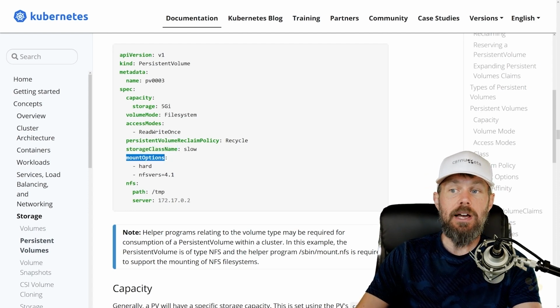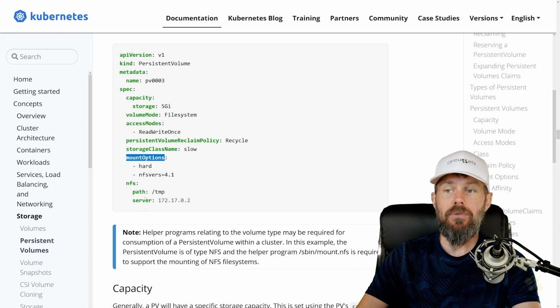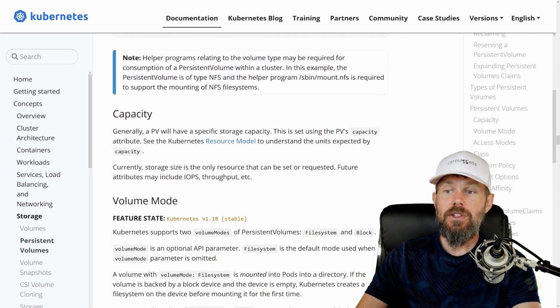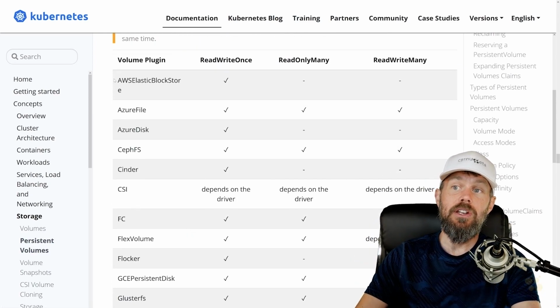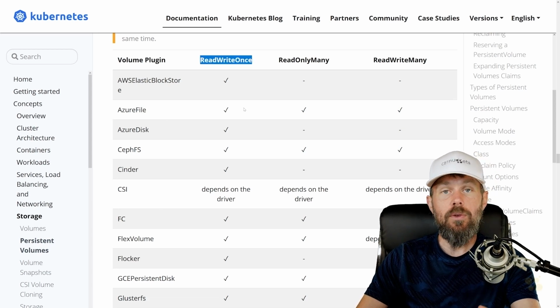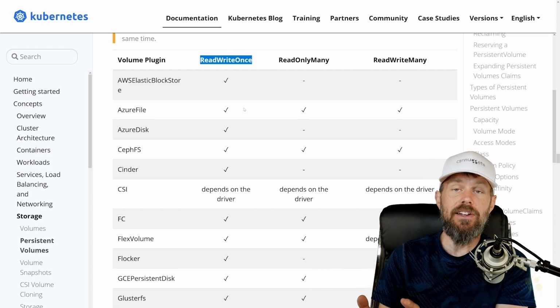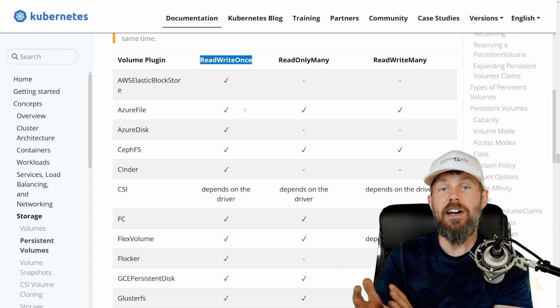Then we also have some mount options here that we can specify, which is going to depend on what type of volume we're mounting. And even down here, you can see we've got some NFS specific options as well. What we're going to be doing is provisioning an EBS volume. So we're going to use the Elastic Block Store plugin with the read-write once access mode, and then later on attach that persistent volume that we're going to create to an actual pod by using